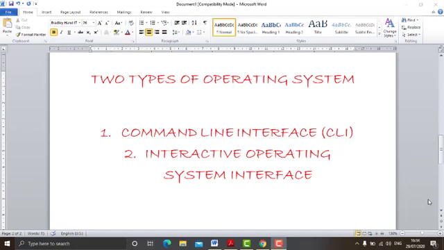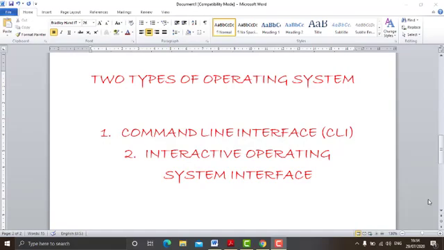Do you really know what commands are? See, basically commands are the instructions which are given to the computer. Each and every command has a particular type of syntax. Syntax means the way of writing a command. So basically, in order to work on a command line interface, we need to remember a lot of things, and the very first thing is the command.